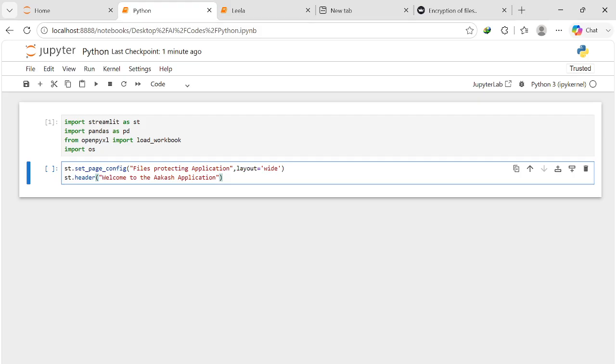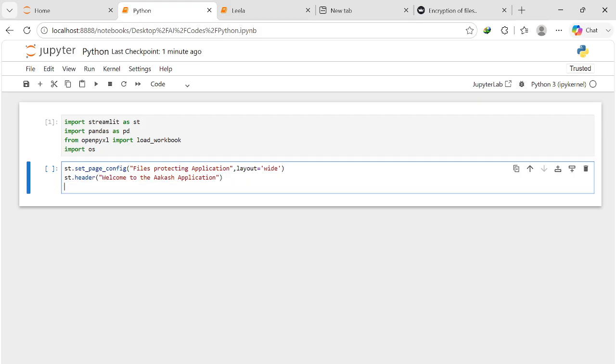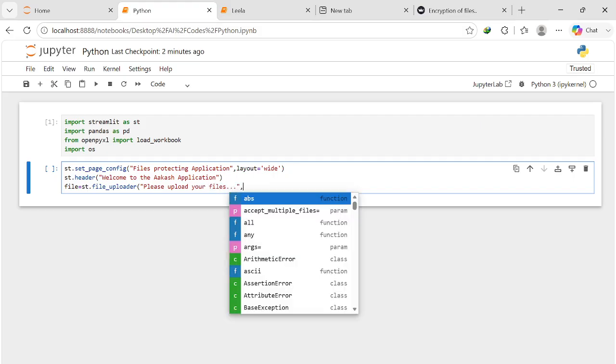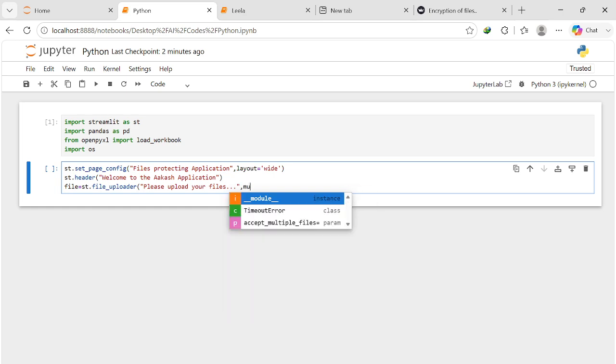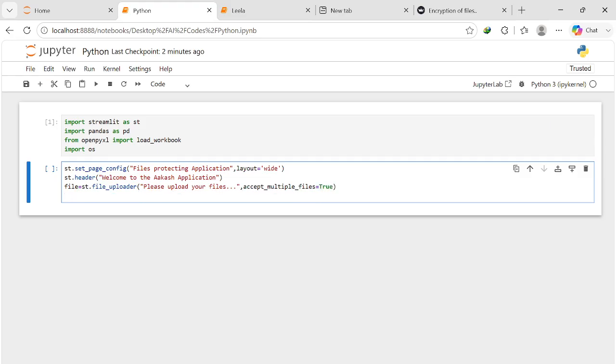So what we can do, we can start writing it. Simply now, st dot file uploader, please upload your files. Okay, and here we have to accept multiple files, so right here: accept multiple files, true. This is very simple. Okay, and after that what we want to do,